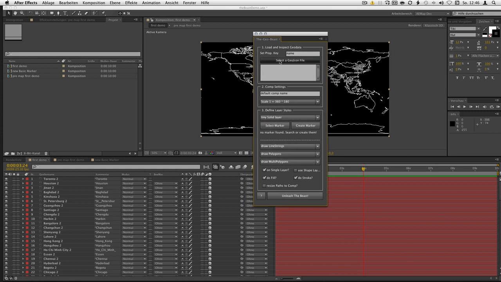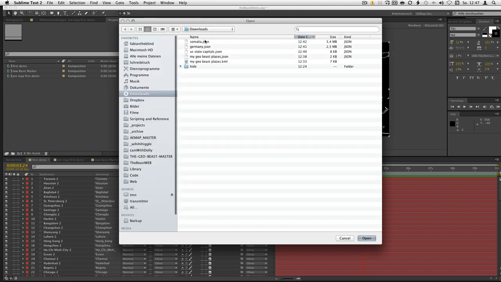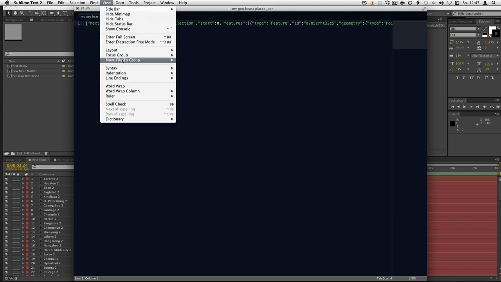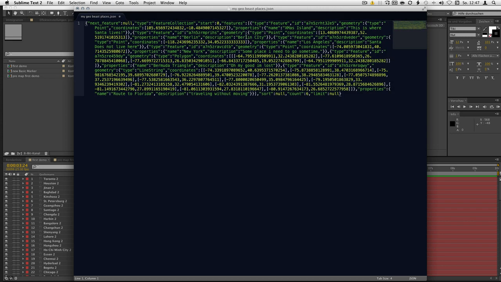It's separated into 3 steps. You should follow these steps in the order that they are set. So, set property key. This is a bit awkward. It's the first thing that doesn't make real sense at first. But if you dive into your data, like my GeoBeast file here, you can see there's a